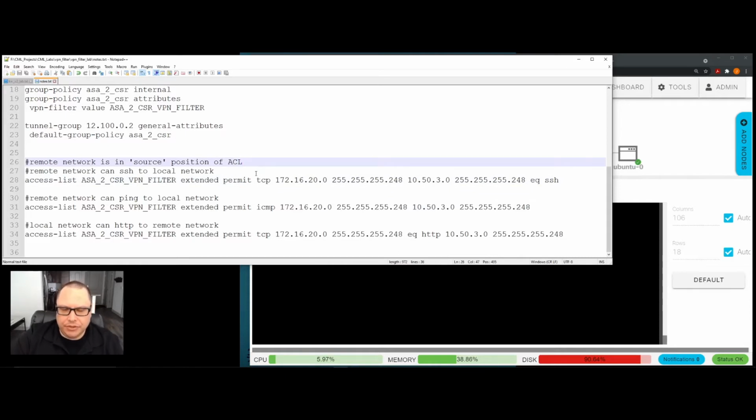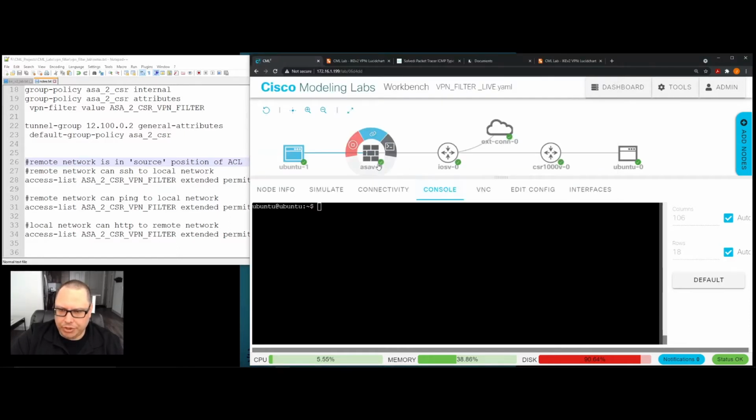No matter how we configure this access list and the various lines on there, the thing to keep in mind is the remote network in your topology is always going to be in the source position of the ACL, which means it's on the left hand side. So just as a recap, and again, since this is from the context of the ASA,